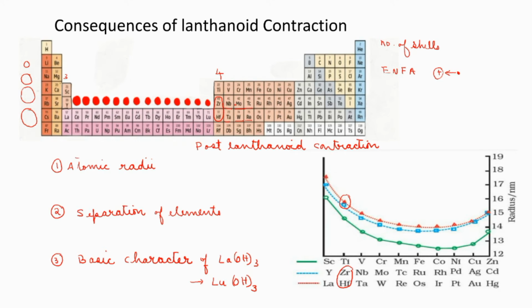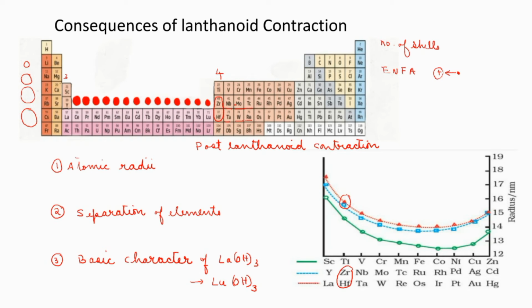So this is one consequence of lanthanoid contraction. Down the group, we are expecting an increasing size of the atom, but because of lanthanoid contraction, certain elements in the 4d and 5d series will have almost the same atomic radii. We have already discussed an easy method to memorize the 4d, 5d and 3d series elements also. If you memorize a few elements which have identical radii, that will make your answer much more perfect. So that is the first consequence of lanthanoid contraction.